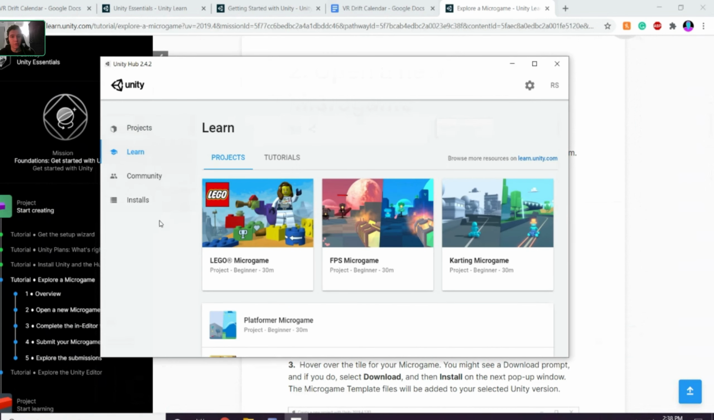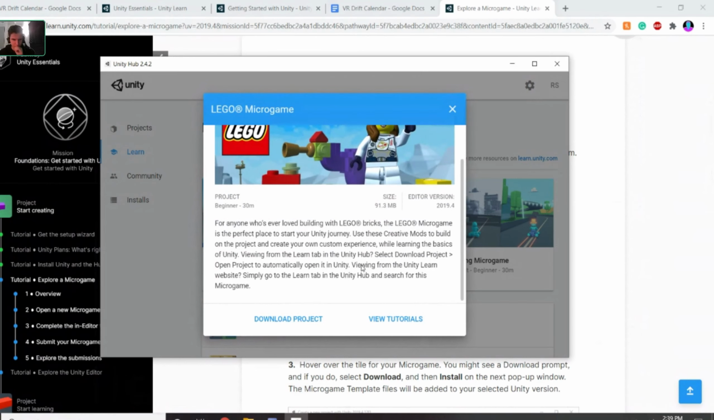Actually, a quick way to do this, if everyone sees their launcher and it looks the same as mine, I'm not sure if yours might look a little bit different. But go ahead, press the Learn tab, and you can choose one of these 3 microgames. I am definitely going to choose the Lego microgame, but you can choose the FPS one or the karting one. They're all pre-made 3D Unity games that have tutorials in the actual editor for you to follow along. It's going to be a small download size. So download project,